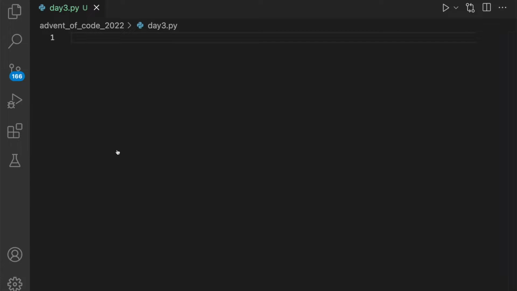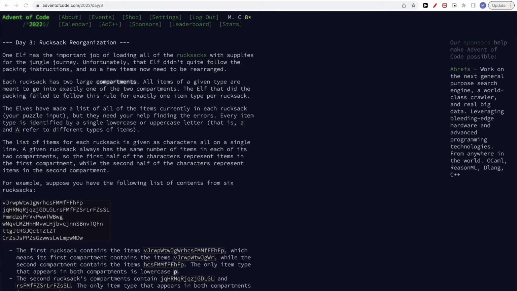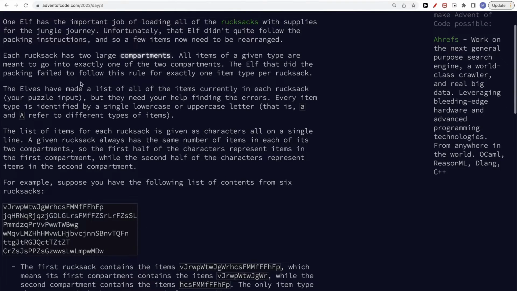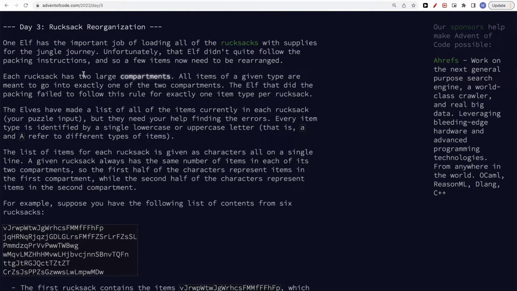Hello. So today we are going to do day 3 of Advent of Code. So the problem today is, I'll skip over actually the details, but essentially we have rucksacks and we have elves, and each of them